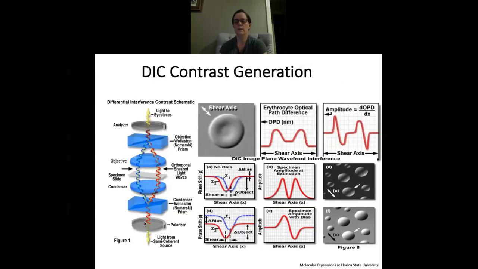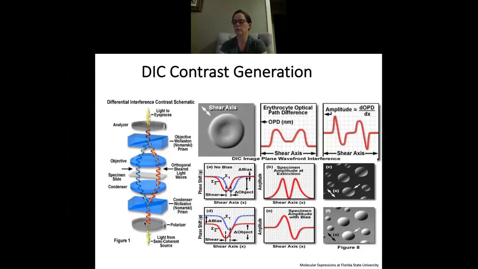When the phase bias is set such that the background is in the middle of the contrast range, the intensity in a DIC image can be thought of as related to the derivative of the optical path delay of the object, as shown here using the example of a blood cell. The refractive index and thickness of the cell, remember, imparts a delay in the optical path of the transmitted wave that's relative to the background, and that is represented by the line plot in the top center here. The derivative of the line plot at the top right is representative of the amplitude observed in the DIC image